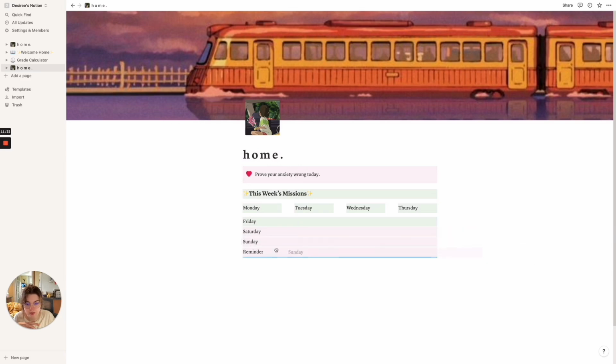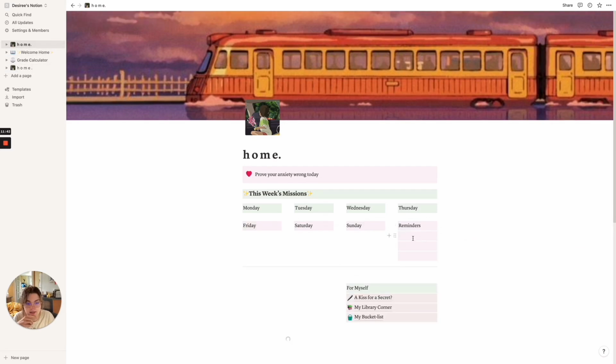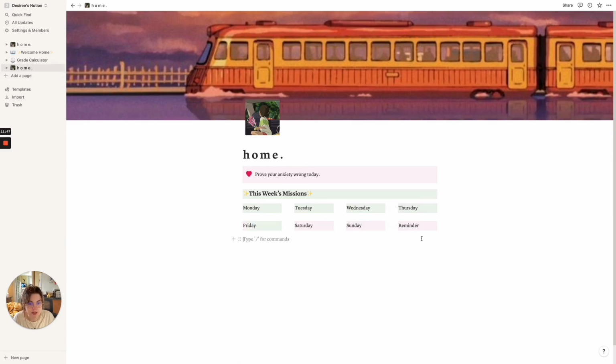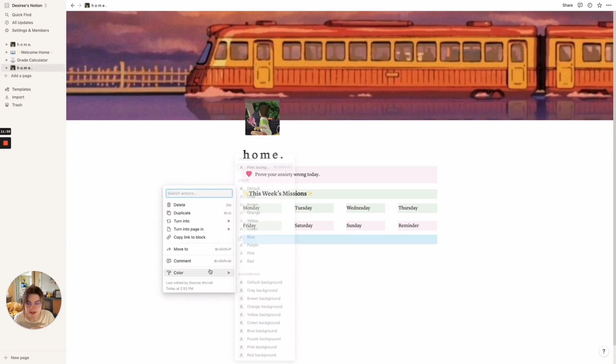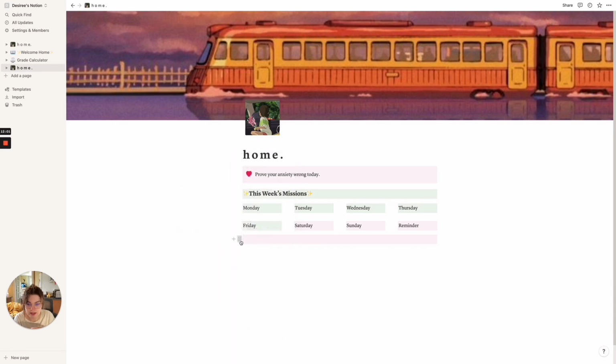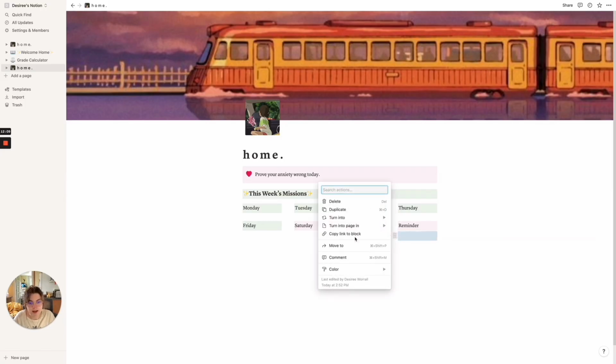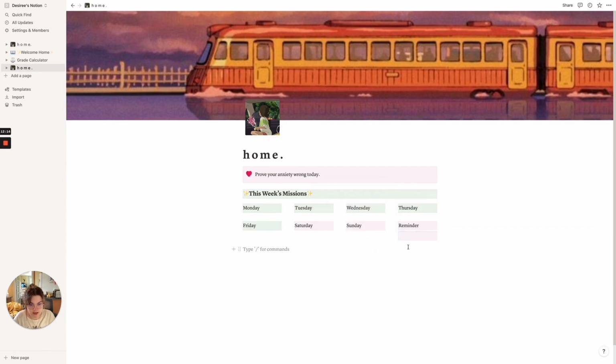And now these 3, make these pink. And do the same thing. Oops. We're gonna do Saturday first, and then Sunday, and then reminder. And as you saw on here, I have these little slots for reminders. To do that, you basically just grab the 6 dots and make it into the color you want it to be, and then drag it right underneath reminder. Again, you see the blue line? That'll do it this way. And I'm just gonna copy this and paste it and bring it over here,